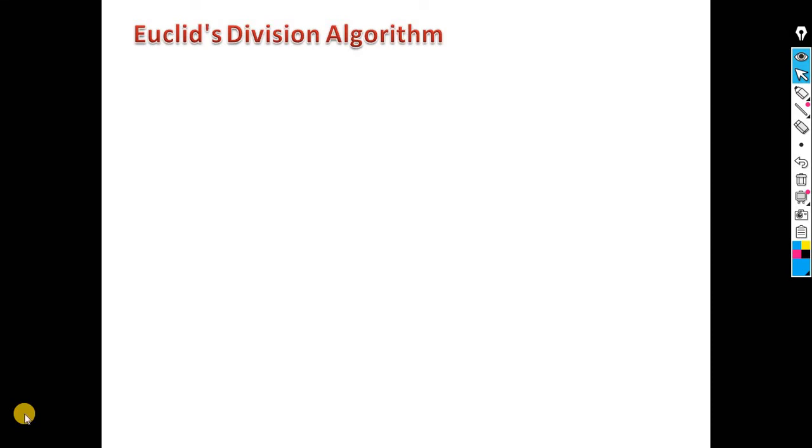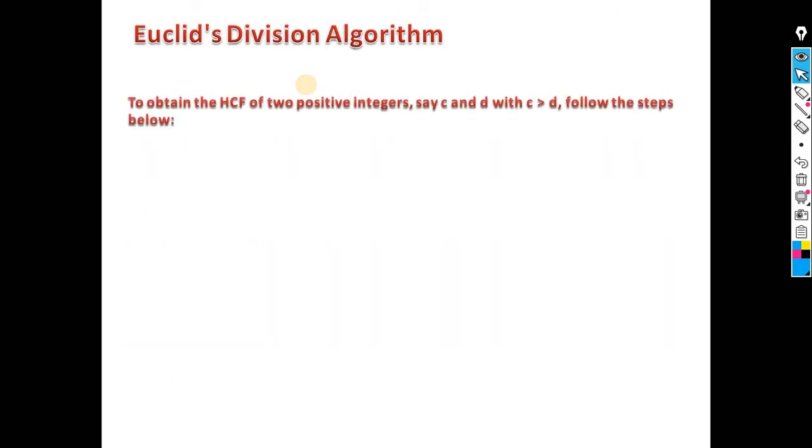Hello students, in our previous class, we have understood Euclid's division algorithm. So basically, what is an algorithm? It is a step-by-step procedure to solve a problem. To do this, we have used Euclid's division lemma. We will do a recap of Euclid's division algorithm, and then we will see a couple of examples to find out the HCF using Euclid's division lemma.